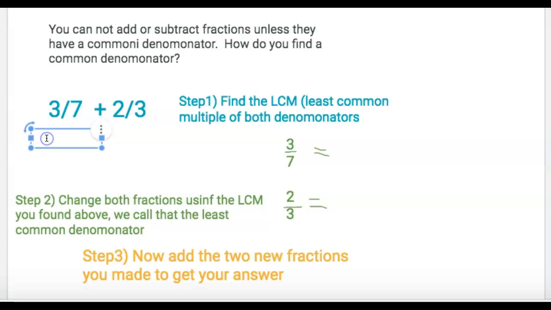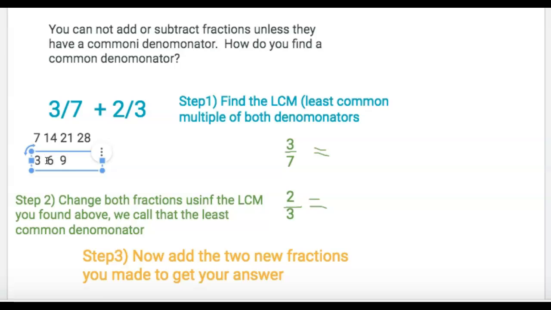So I'm going to go ahead and list my multiples for 7, and then I'm going to list my multiples for 3. Multiples of 7, obviously, start with 7. My next multiple of 7 is going to be 14, because 7 times 2 is 14, then 21, 28. I usually like to do a few of each number instead of listing a bunch for one number until I find one that's the same. So now I'm going to list a few for 3. It's going to start with 3,